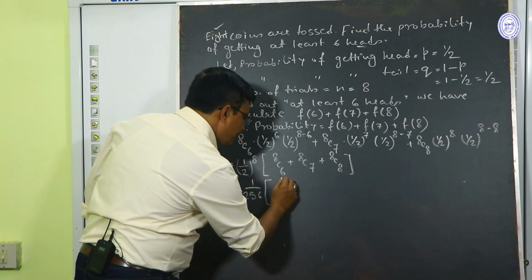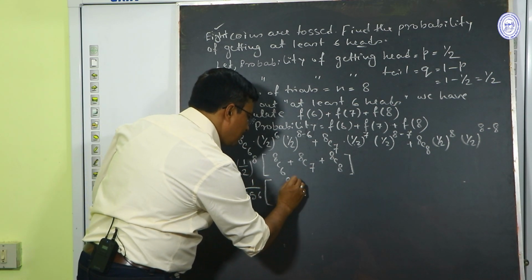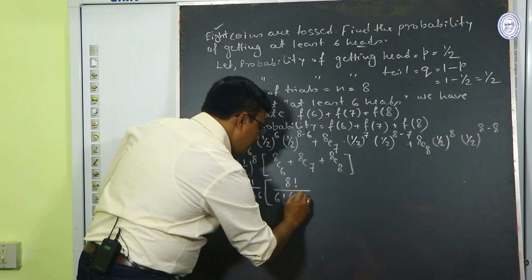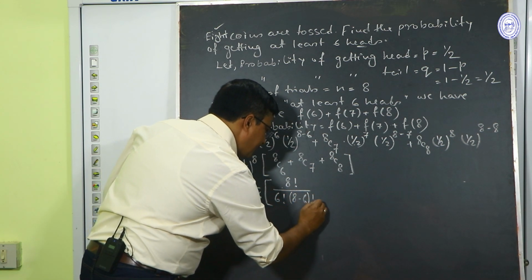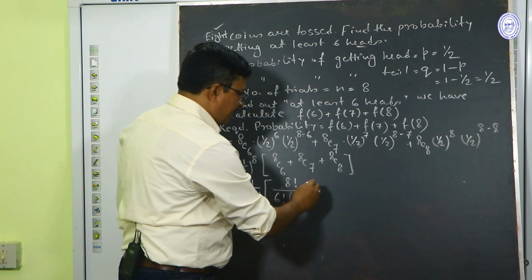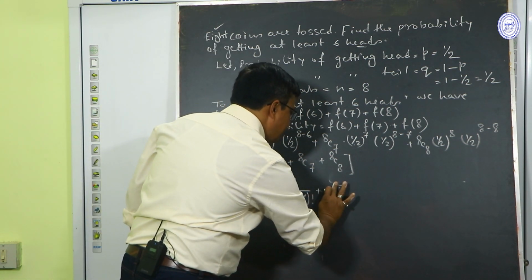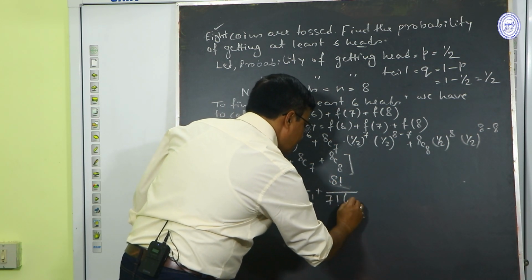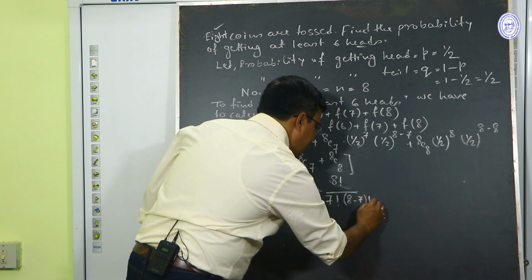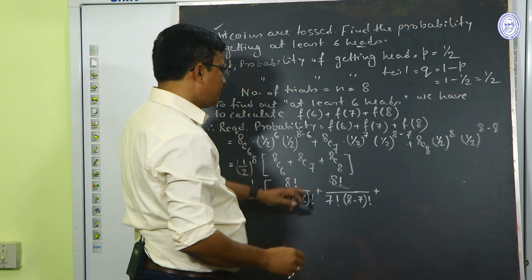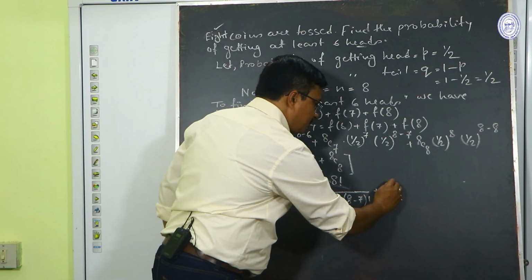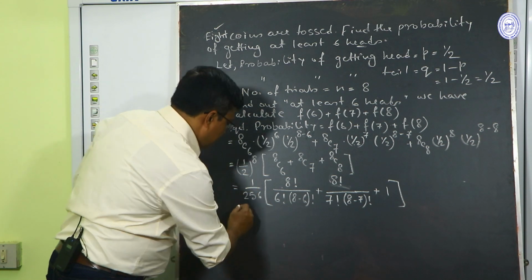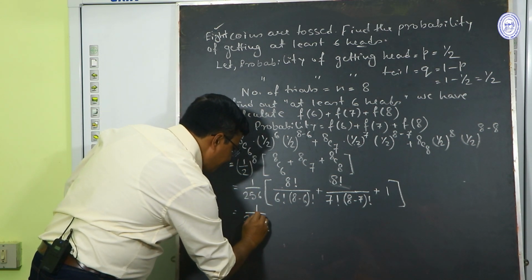8C6 means factorial 8 by factorial 6 factorial 8 minus 6. 8C7 means factorial 8 by factorial 7 factorial 8 minus 7, and when these two are similar the answer is 1. You don't need to calculate this. So 1 by 256,